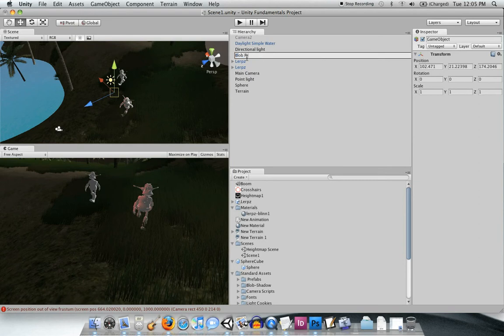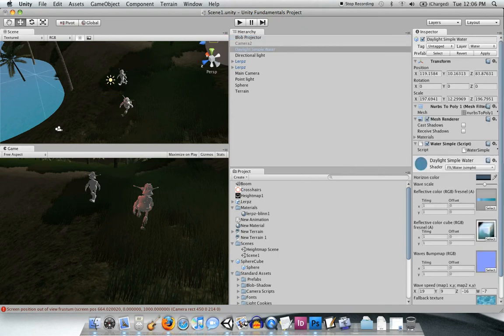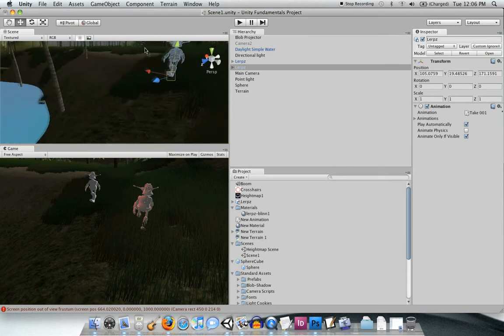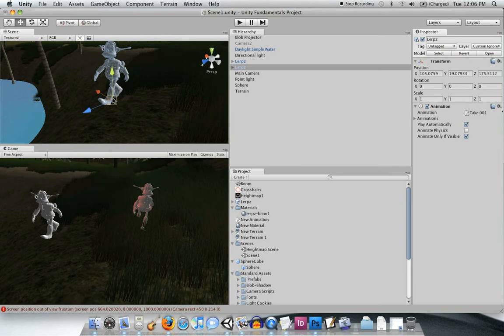Blob Projector. A blob shadow is a shadow underneath, like, a third-person player character that exists under them that lets you know where they are at all times. So, like right now, I'm going to click on one of these lerps guys, zoom in, move him over. Right now, if this is a player and he was jumping up and down and also moving,